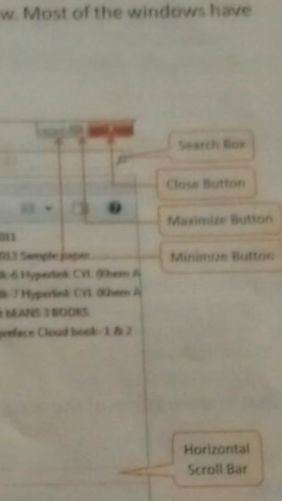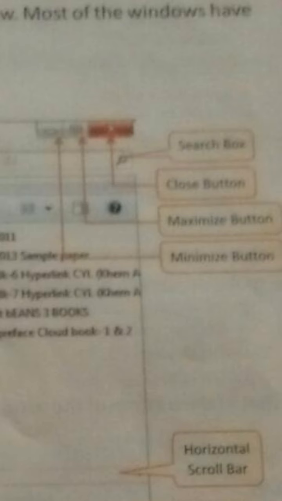The third one is the close. The close button you know very well, for closing the application. The center one is maximize. Suppose your window is opened in a small view and you want to bring it to full screen, you can press the maximize button.